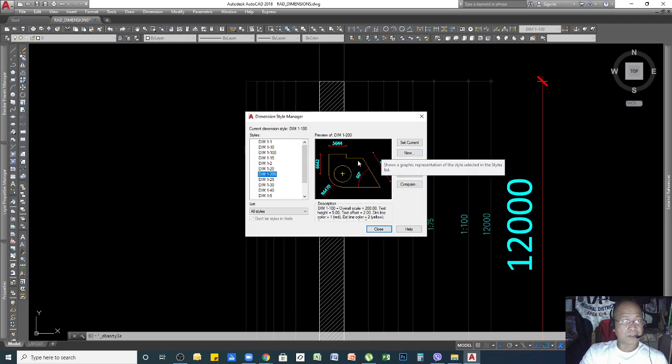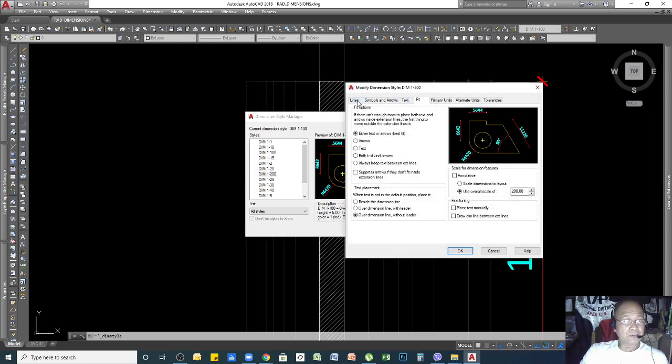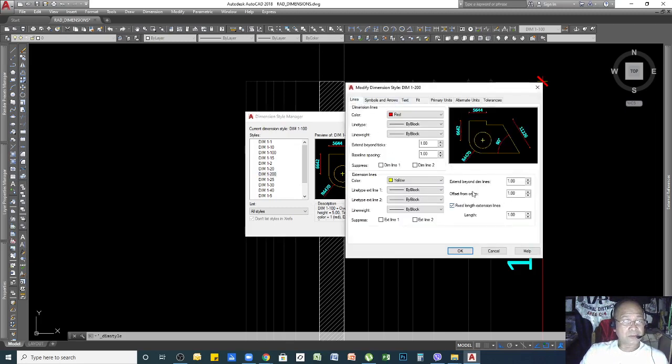Why is it that it's beyond, I mean, very far from our object? So we will check modify lines. This one we will see, extension line, extension beyond tick, spacing. So it should be from here.